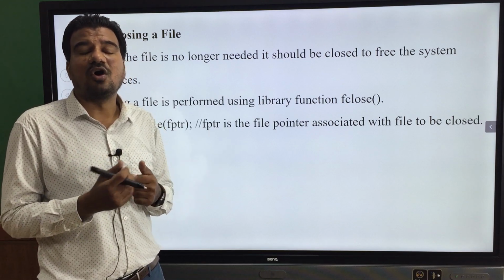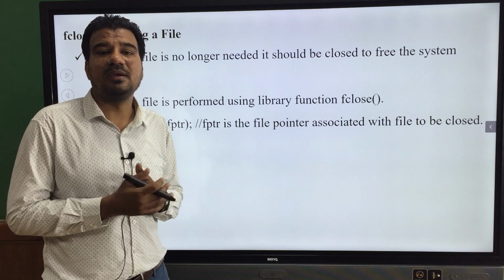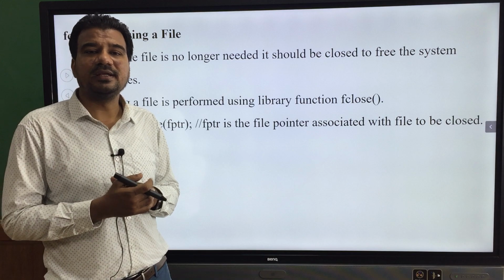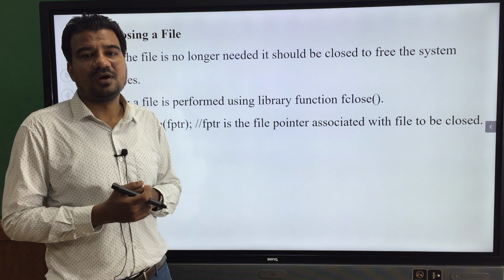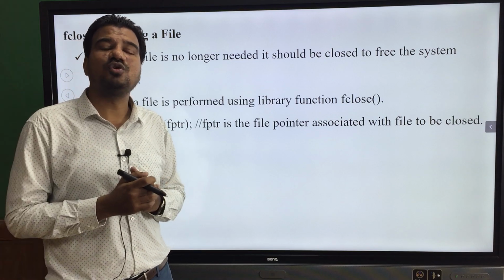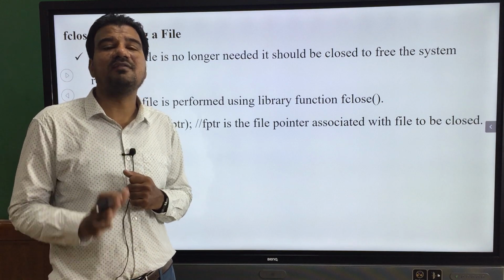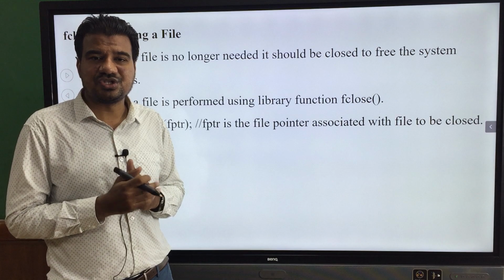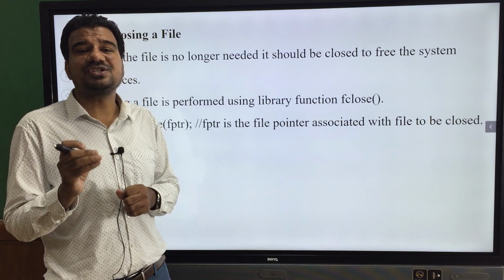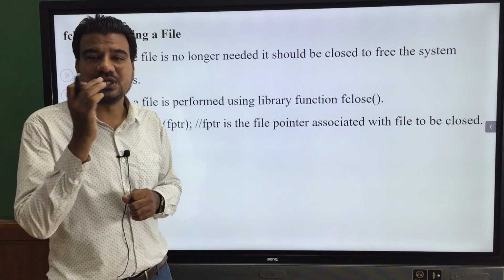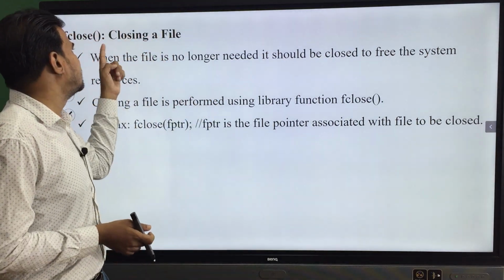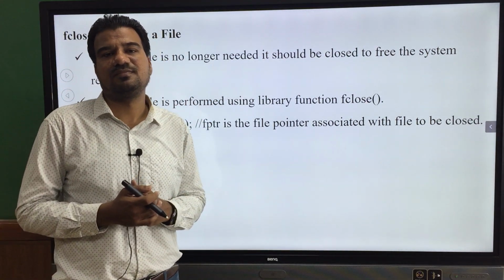If it is a confidential file or has some important data in it, any third party can easily read it. So once we are done with our tasks and operations, the last operation we have to perform is closing the file, and that is done with the help of this fclose function.